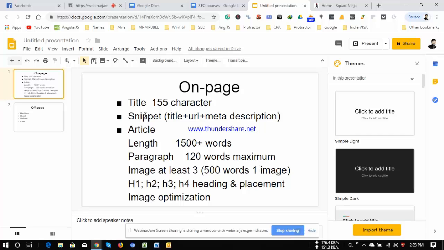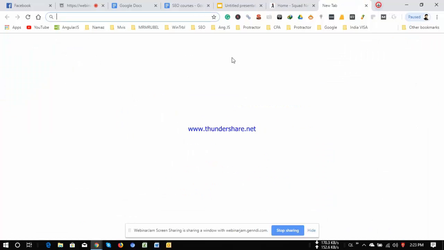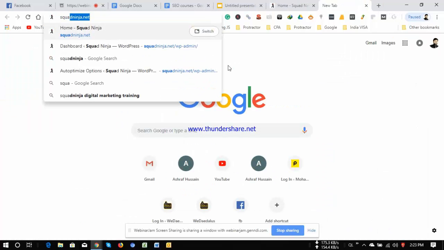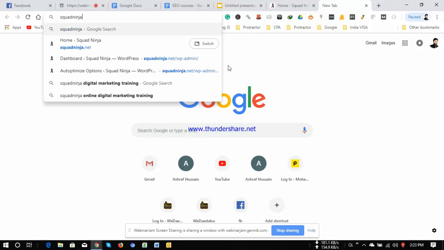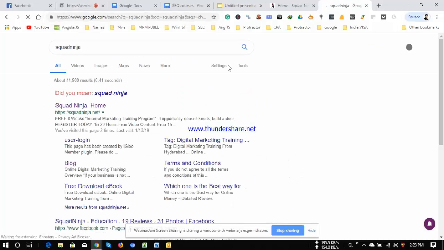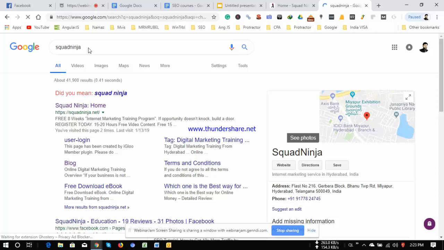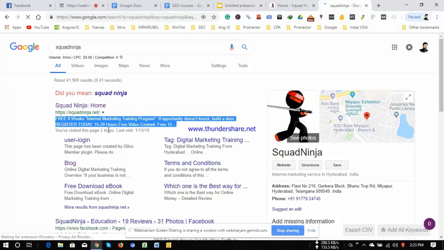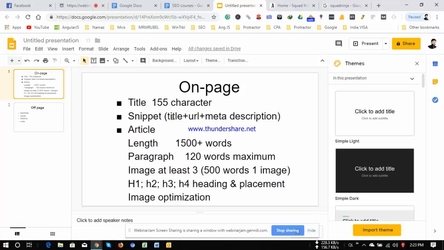Another thing is the snippet view. Are you aware of snippet view, sir? No, I'm not aware of that. Okay, let me show. When we search the web, something appears. When I search with Discord Ninja, this line appears here. This is called a snippet, and it is a combination of your title, URL, and the meta description of the page.